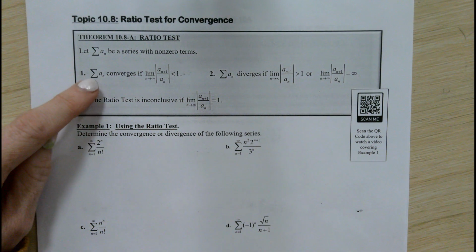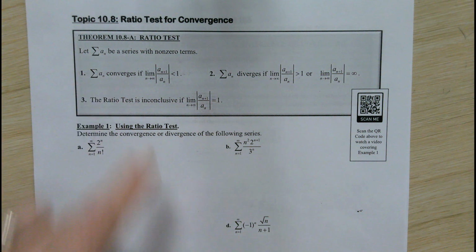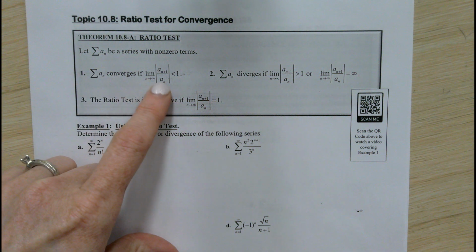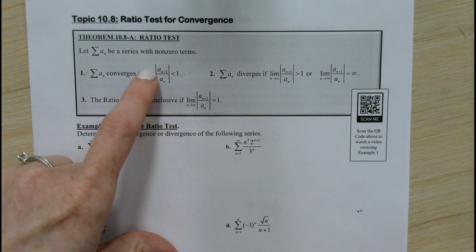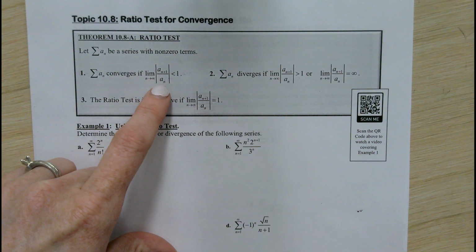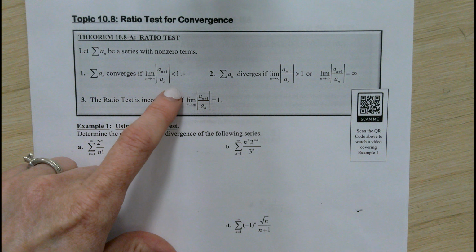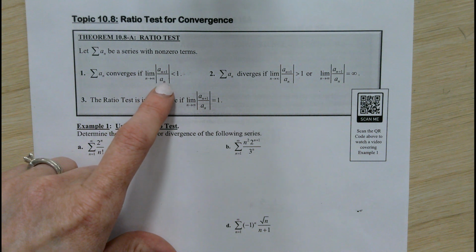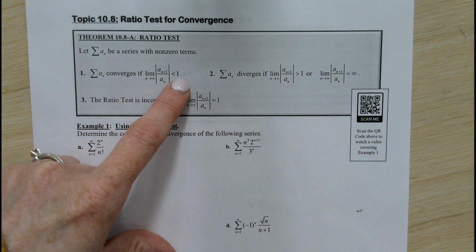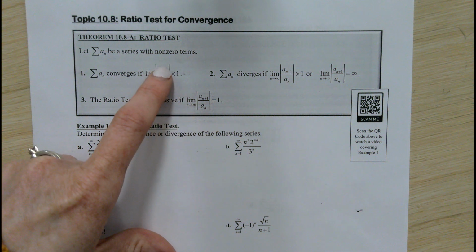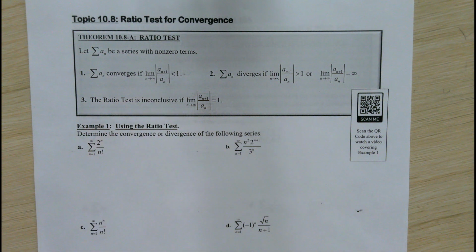We will know that our series converges if, when we take the limit as n approaches infinity of the absolute value of the ratio of the n plus 1 term divided by the nth term, that's similar to what we did in topic 10.7, but we're taking the limit as n approaches infinity and we're using absolute value. Convergence will happen when that limit is less than 1. Basically, that tells you that the ratio of your terms is getting smaller and smaller, which means you're adding less and less onto that series,